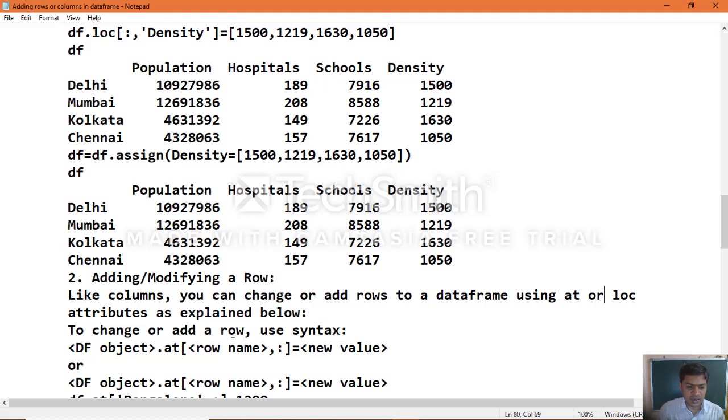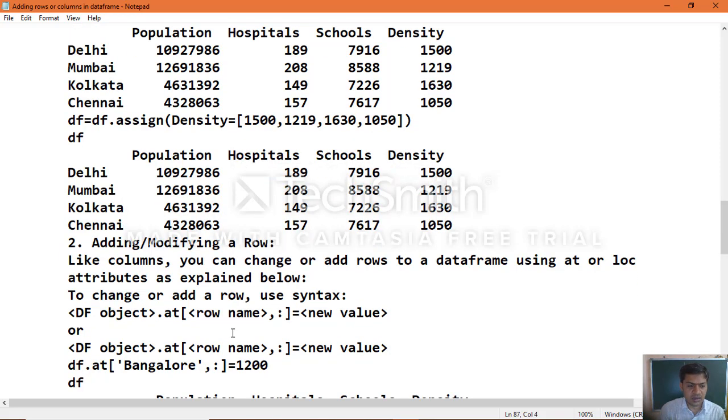In the same manner, to change or add a row, you can use the syntax: data frame object name dot at of row name equal to new value.